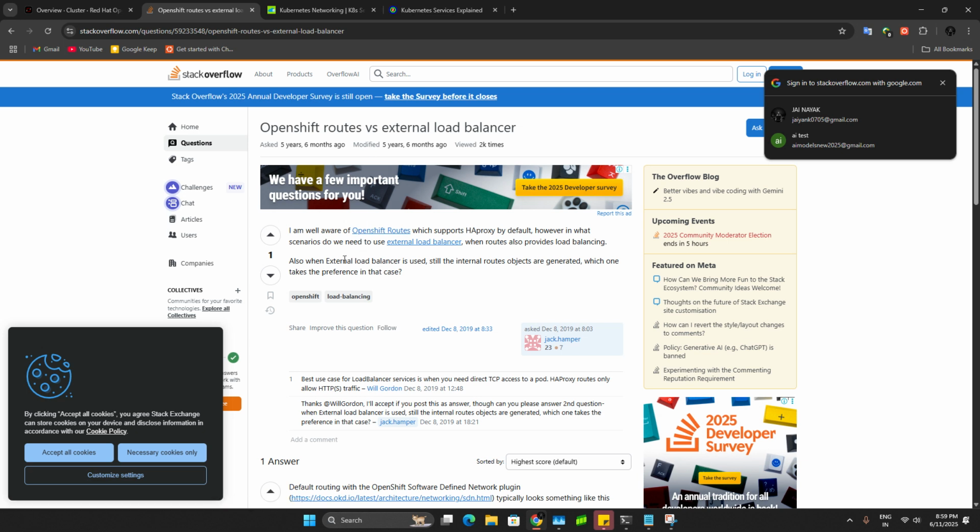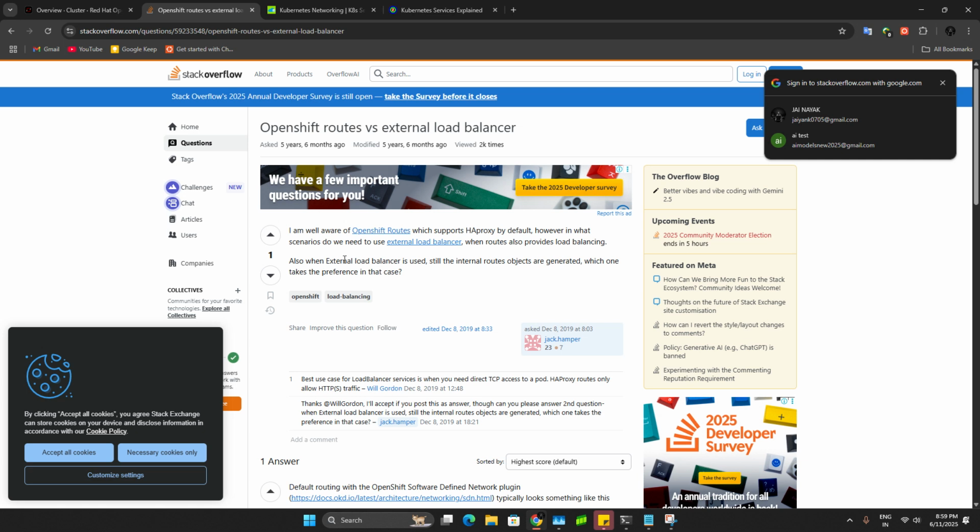If there is one application or one service, we can expose it through the HTTPS ports, and we can do the TLS encryption, everything. For one particular application we can expose, but for multiple applications we require a load balancer, right? Once they expose the route, I'm sitting here, I can access it.